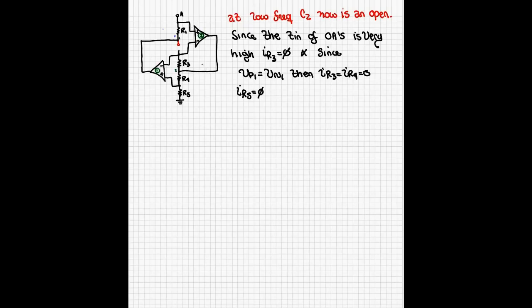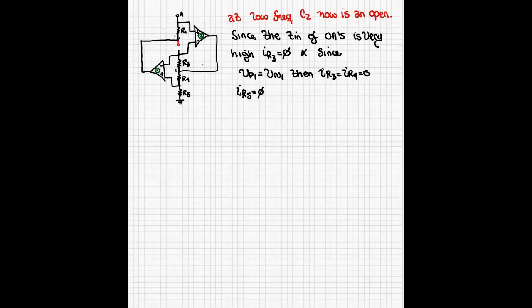What that means is that there is no current through R5, no current through R4, no current through R3, so there can't be any drop across any of those resistors. That means that the ground is going to be pulled up all the way until this node, the node that is common to the negative terminal of op-amp 1 and negative terminal of op-amp 2. Op-amp 2 will further try to make its positive terminal equal to its negative terminal, which will put ground at